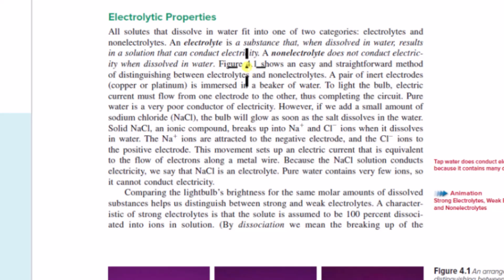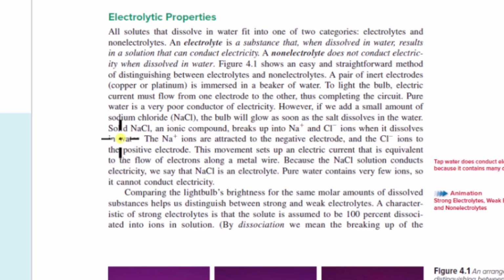Okay, the figure below shows an easy and straightforward method of distinguishing between electrolytes and non-electrolytes. A pair of inert electrodes, copper or platinum, is immersed in a beaker of water. To light the bulb, electric current must flow from one electrode to the other, thus completing the circuit. Pure water is a very poor conductor of electricity. However, if we add a small amount of sodium chloride, the bulb will glow as soon as the salt dissolves